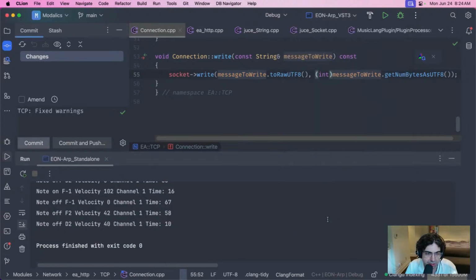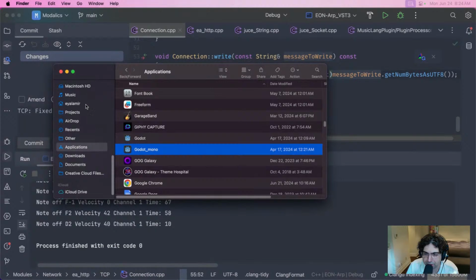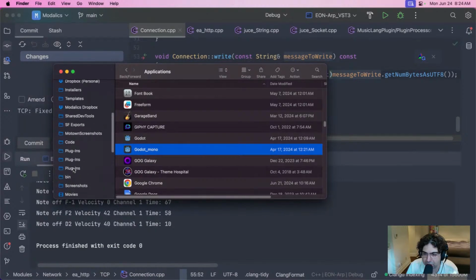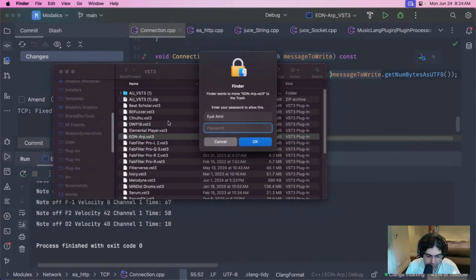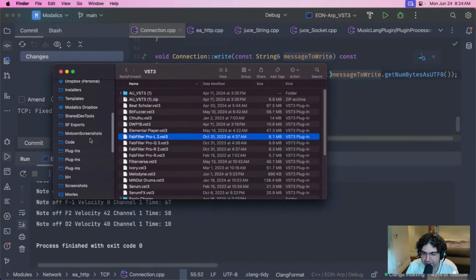VST3. And before I do that, let me make sure that I don't have a version installed from the installer, because that will collide with my development version. So I need to make sure that I'm developing what I think I'm developing. So I'll just erase that from my plugin lists. And